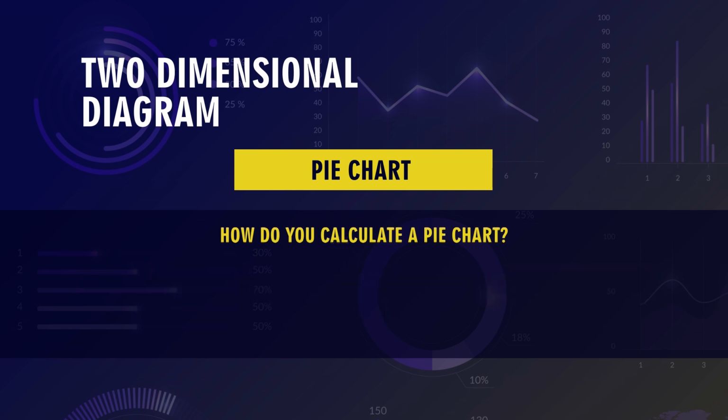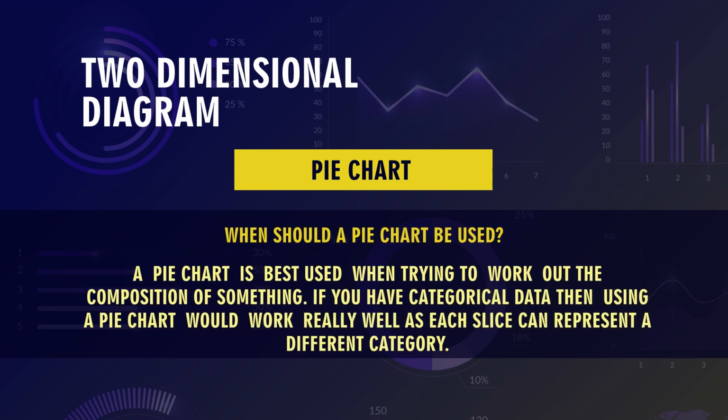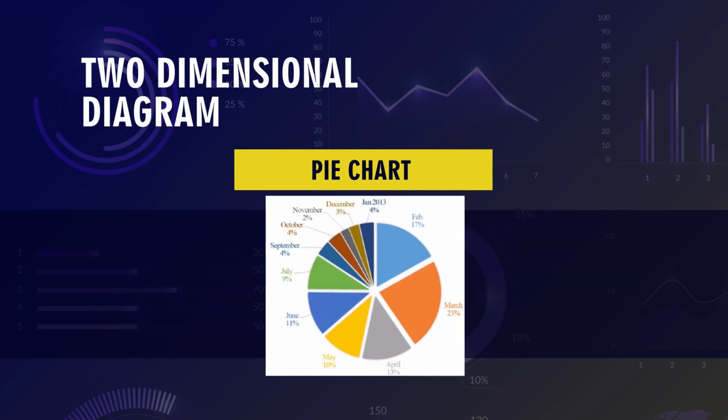So when should a pie chart be used? This is a very good question and needs to be answered: a pie chart is best used when trying to work out the composition of something. If you have categorical data, then using a pie chart would work really well, as each slice can represent a different category. A good example of a pie chart is explained with the help of this particular image, where